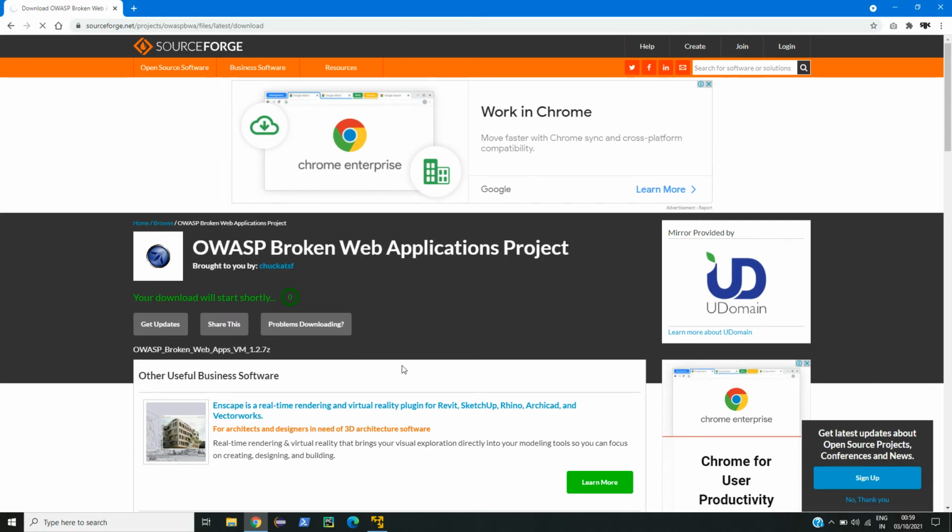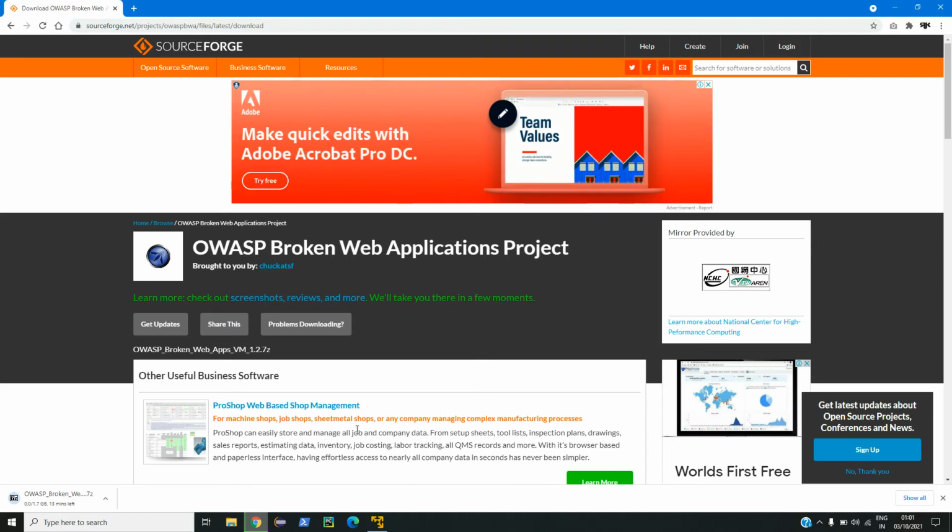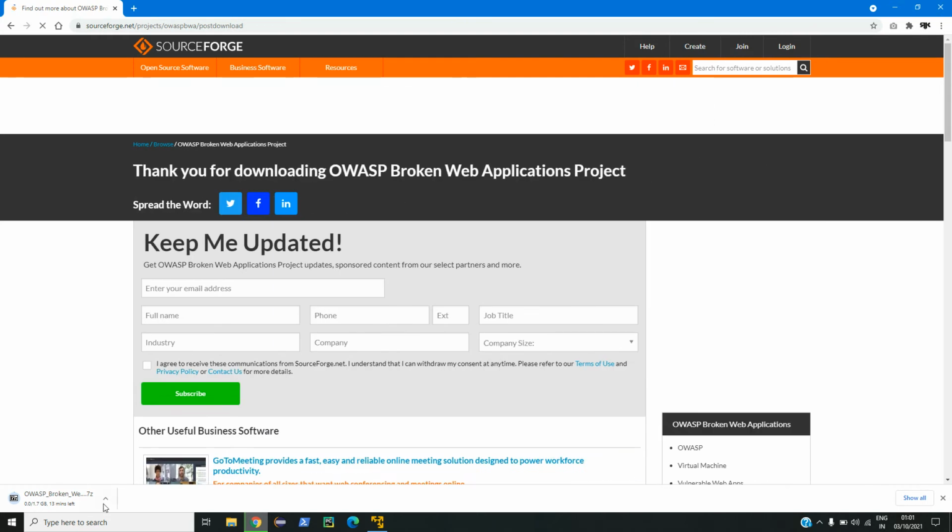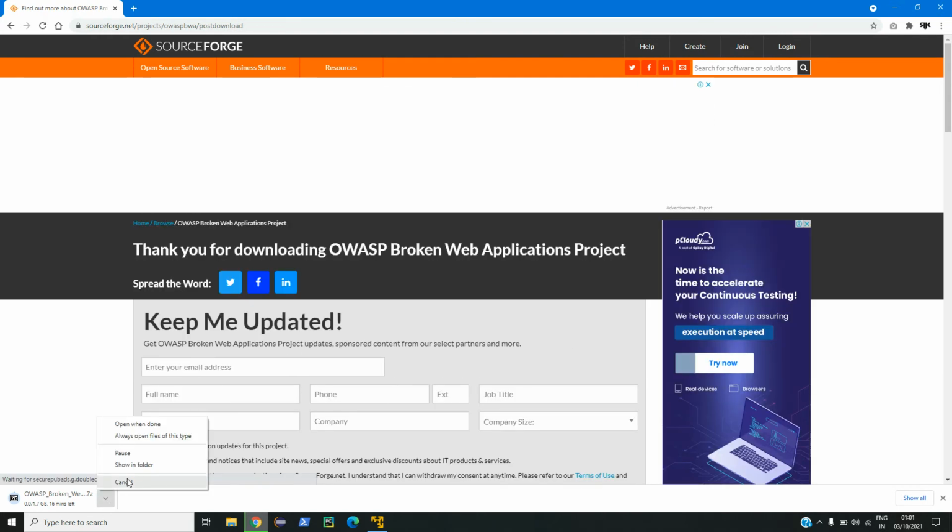So this web application is around 1.7 GB. It will take some time to download. As you can see, our download is started. As I have already downloaded, so I will cancel this.